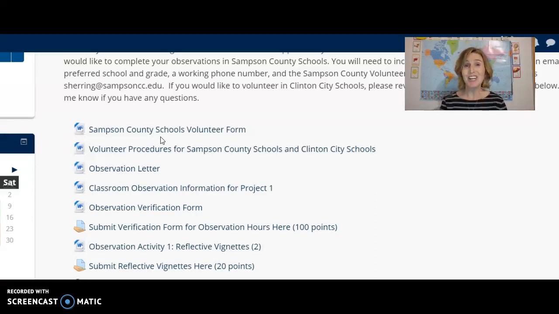So do not reach out to principals, do not reach out to teachers, do not go to classrooms before you hear from me, my Sampson County people, because they don't like that, and we want to make sure that we follow that policy to a T. So once you send me your information, again, I will compile that, I will send that to the central office, they will do the background check, they will contact the principals, and then they will get back to me giving me a green light, and then I will reach out to you and let you know that it's okay for you to go ahead and contact those principals and set up those observation dates.